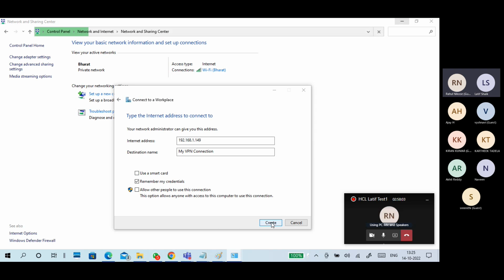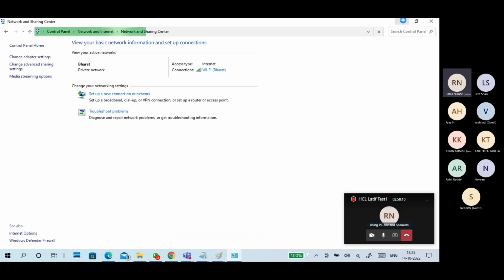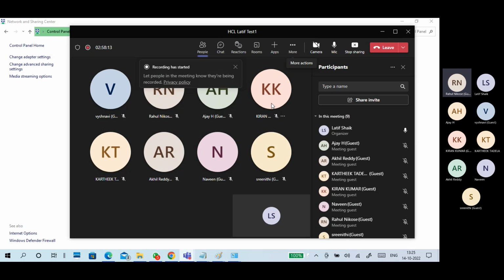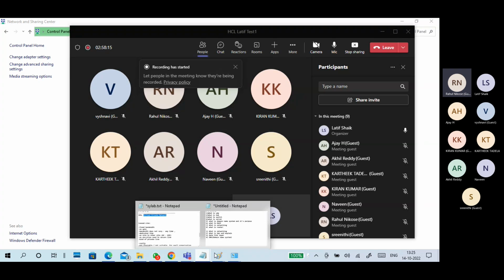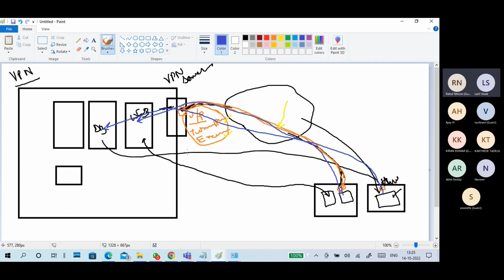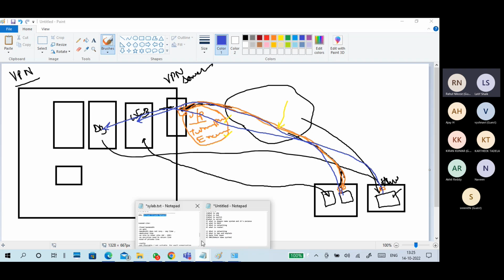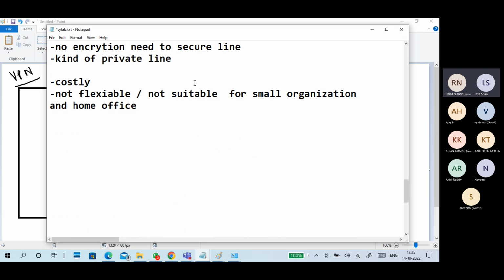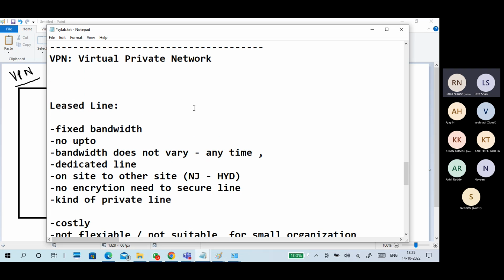Can I click on this create or cancel? Better to cancel. Again, it is freezing. What happened? So, guys, I will finish up. It's freezing.